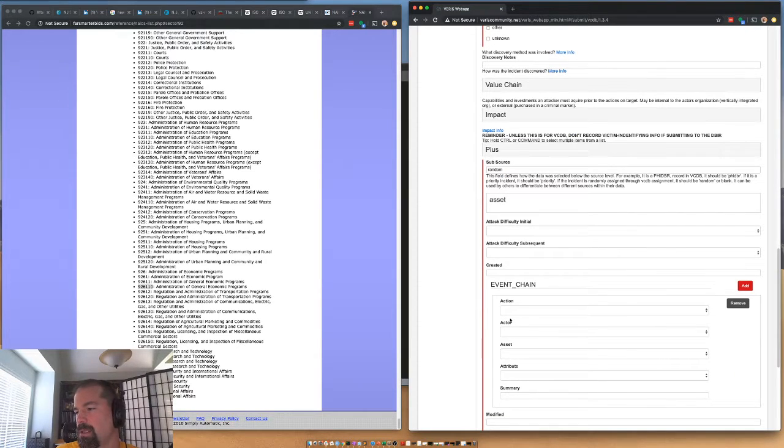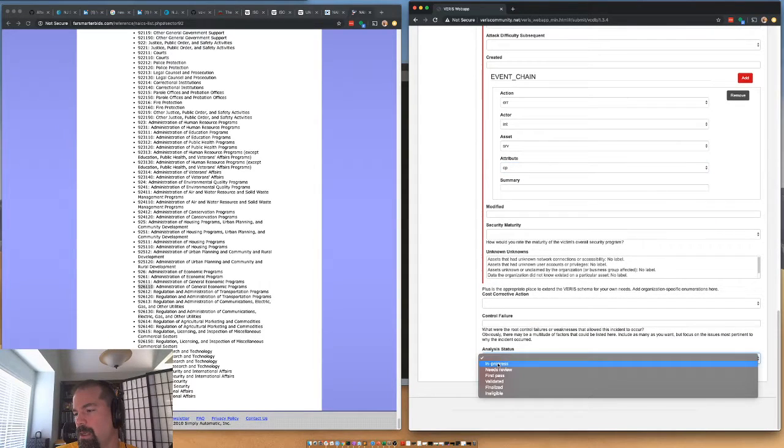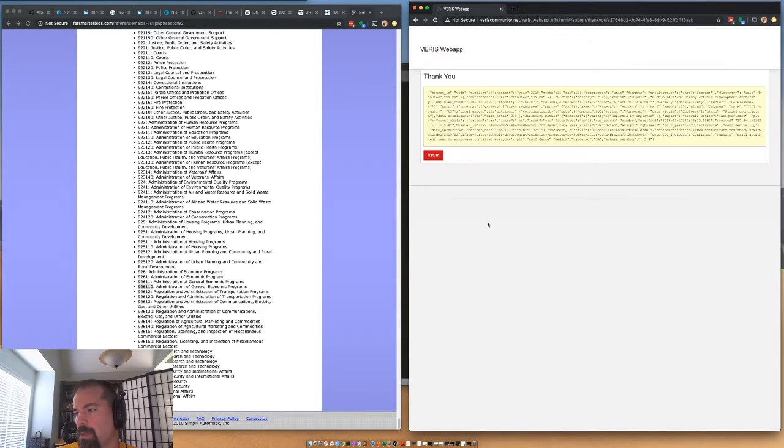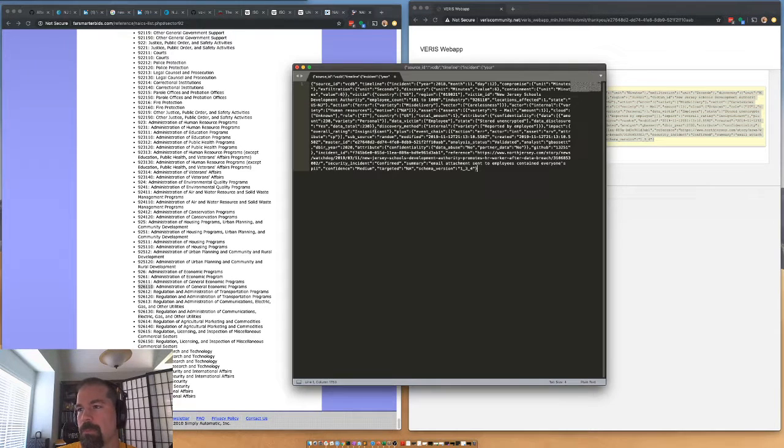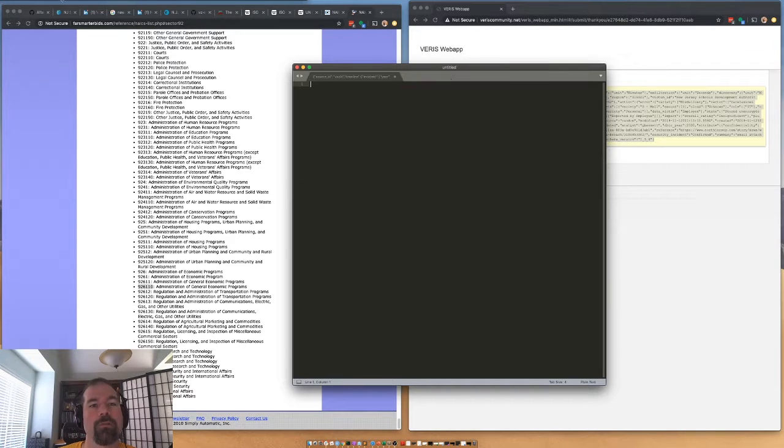Event chain is an error by an internal actor on a server asset led to the compromise of confidentiality. And we can validate that one. That's a nice cut and dry breach. Then we'll copy it off, and for those who have not been here before, we copy it off because this is a web app.